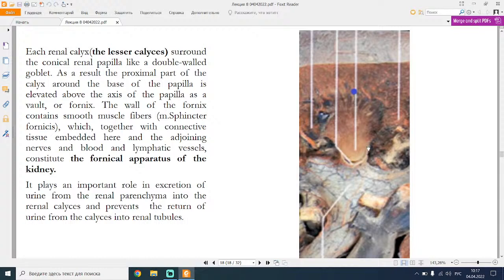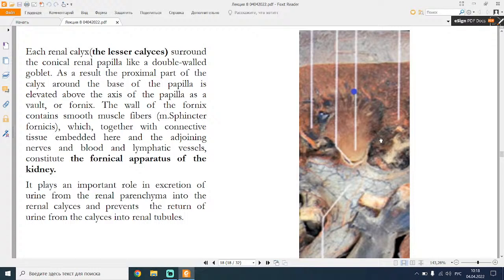As a result, the proximal part of the calyx around the base of the papilla is elevated above the axis of the papilla as the fornix. The wall of the fornix contains smooth muscle fibers, musculus sphincter fornicis,